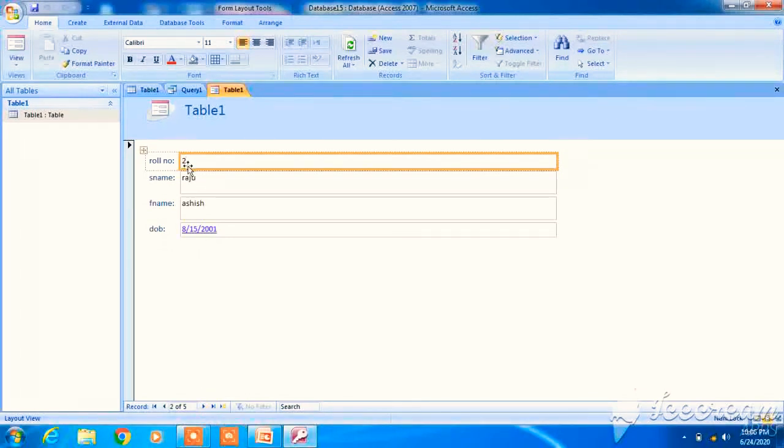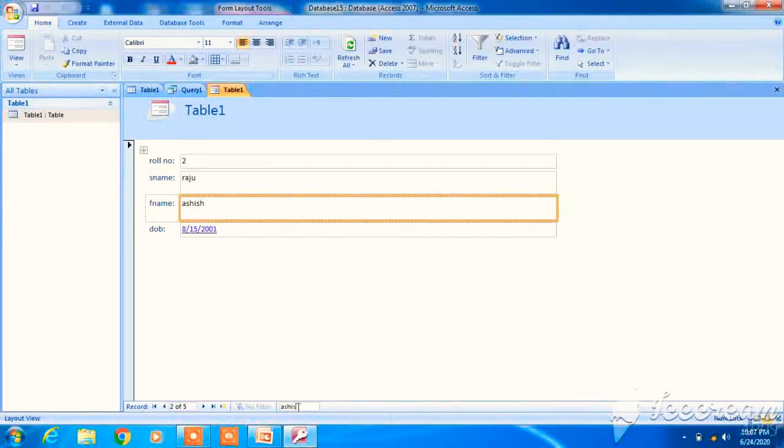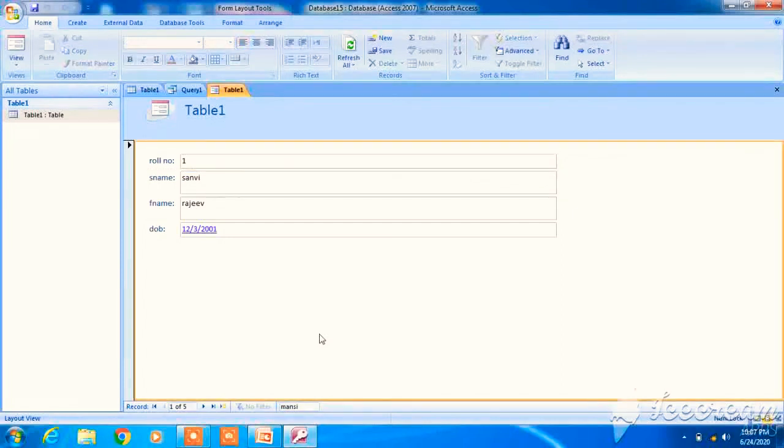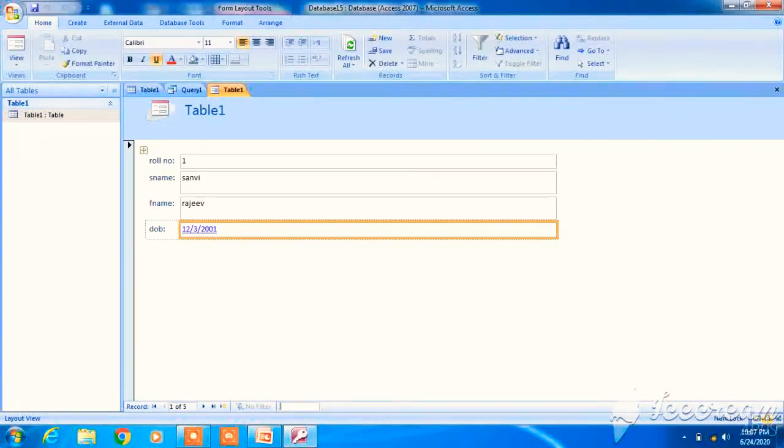Look here, roll number 2 is there. All the records will be displayed one by one. If you want to see a particular record, you can write that, and that record will be there. Suppose we write this, father name. So find it this way in the search, in the navigation buttons, you can search a particular record also. So this is the way a form is designed.